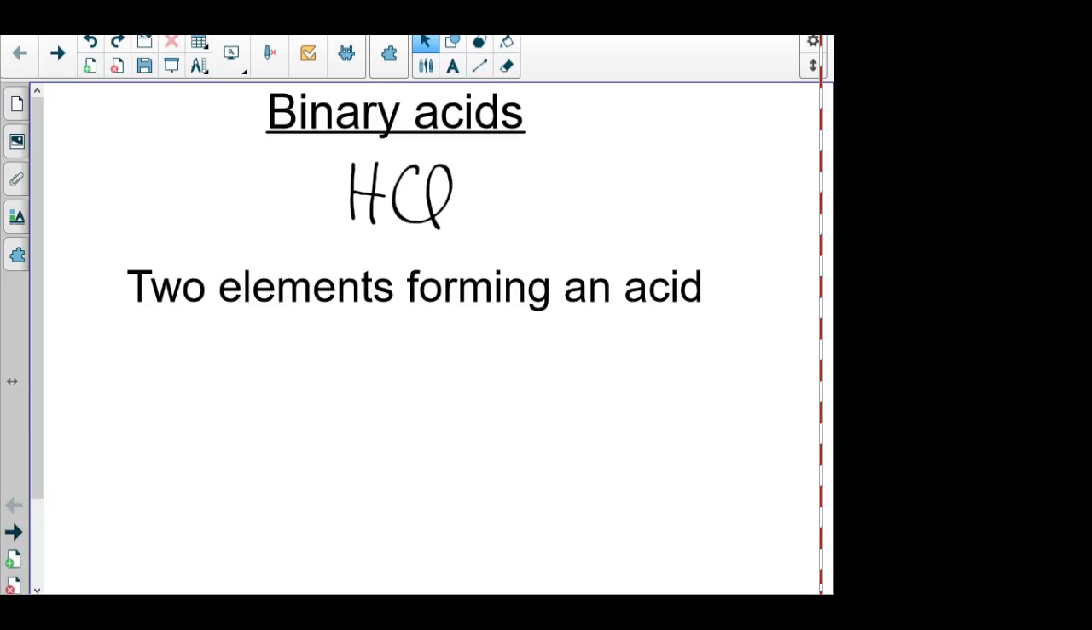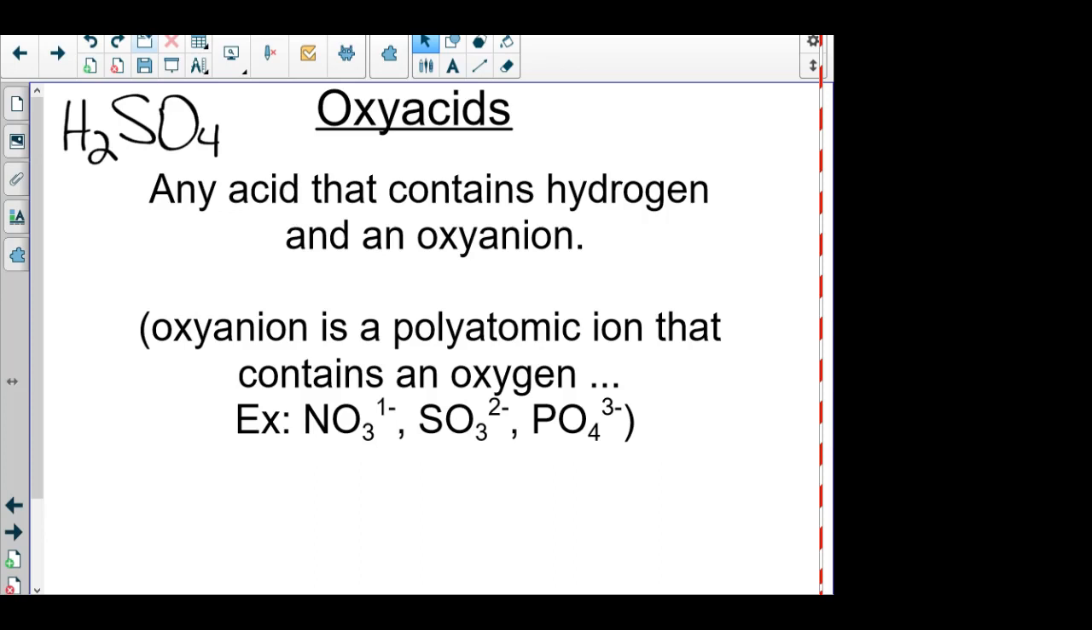Hello and welcome to some notes on how to name and write acids. A few slides here in the beginning will be definitional. Please copy the definitions down into your notes if you do not have them. Binary acids, oxyacids,